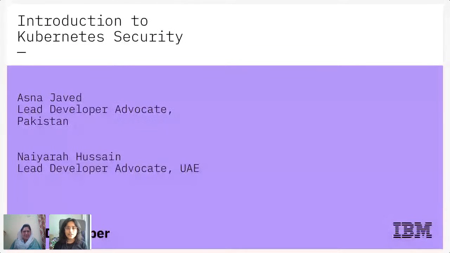So the topic we'll be covering today is an introduction to Kubernetes security. Keep in mind, this is a basic introduction. It's for anyone who started using Kubernetes and microservices applications, and you want to understand how do you secure your